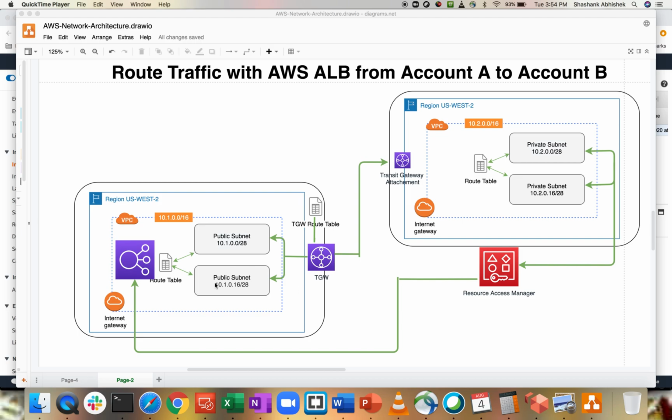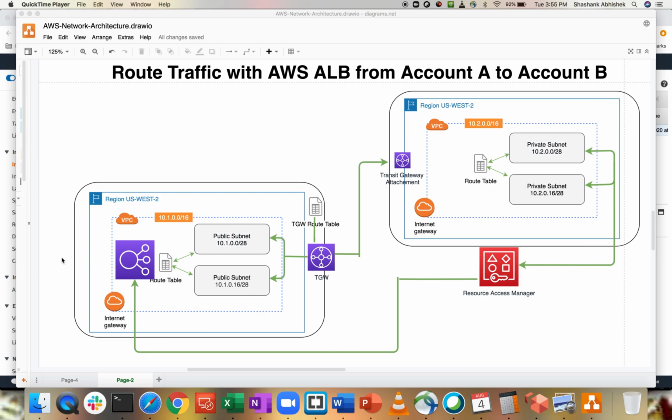Okay, so as I said, both accounts are communicable with each other, and with this particular video, what we have to do as a job is this: we have private subnets, and the private subnets have to be shared with account A to make our application load balancer work. So for that, I have again used Resource Access Manager from AWS. With the help of AWS RAM, I am going to share my private subnets to account A, and we will be provisioning all our target groups with the help of these private subnets. So that's simple how it is.